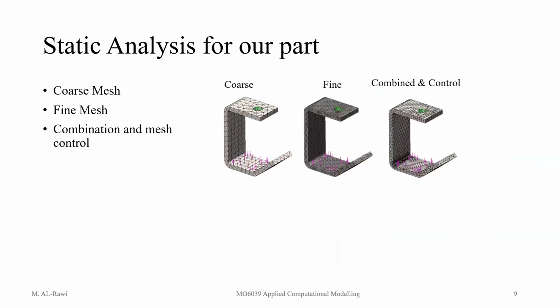This is the example. Coarse mesh, you see it very clearly. This is for the geometry we'll do today. Fine mesh has more small elements. Combined and controlled, you see, we only focus at the edge of the fillet